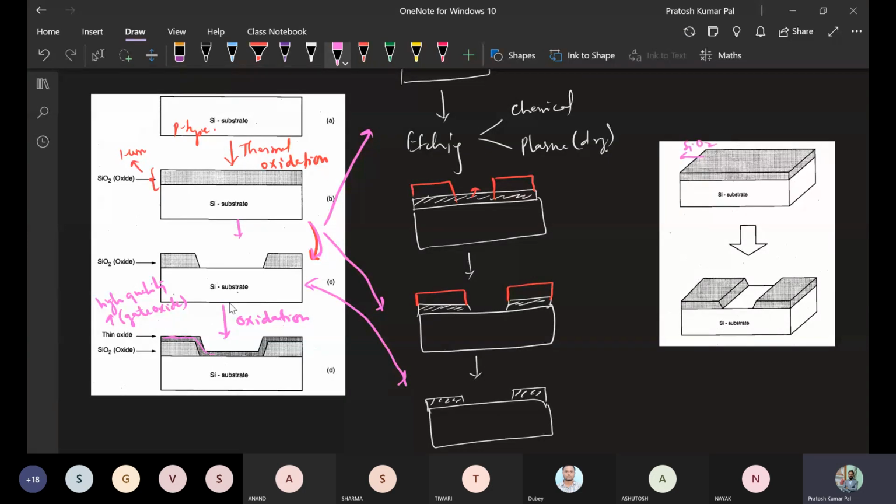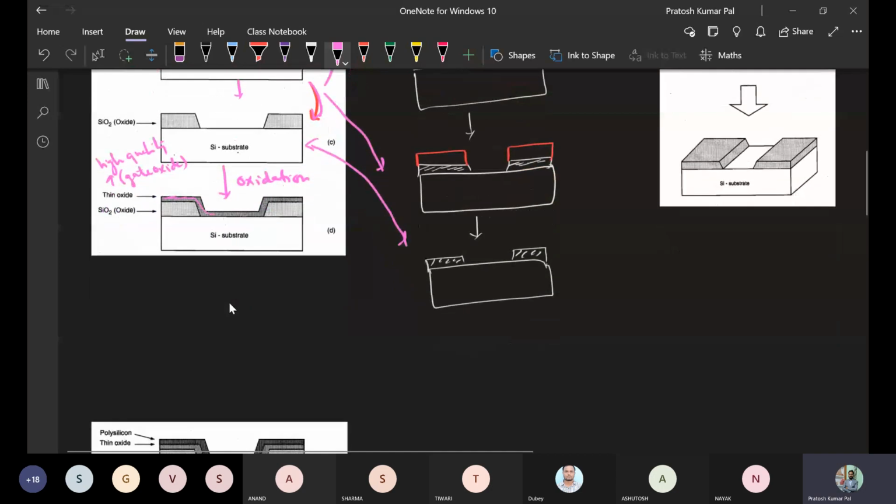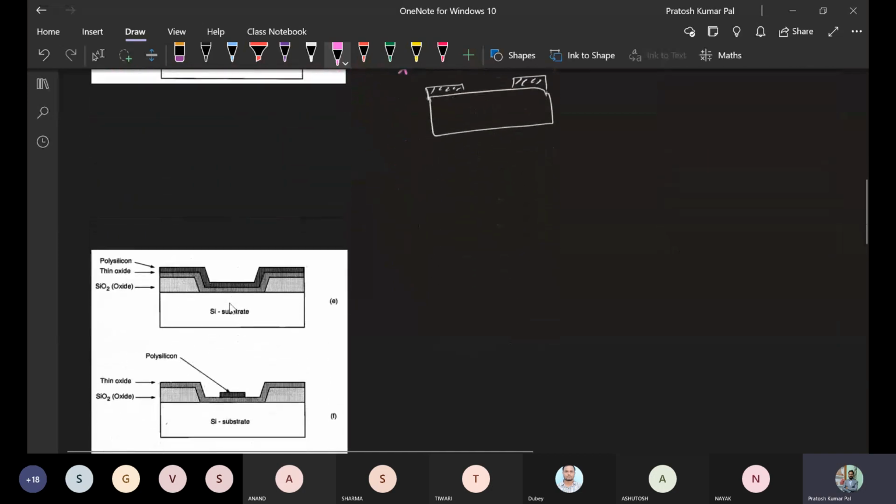This is the SiO2 layer and it is patterned out. Okay, so after patterning, this SiO2 layer has been patterned throughout the complete region of the portion where the UV light is exposed. Okay. So up to D, we have seen we have deposited the thin oxide layer.